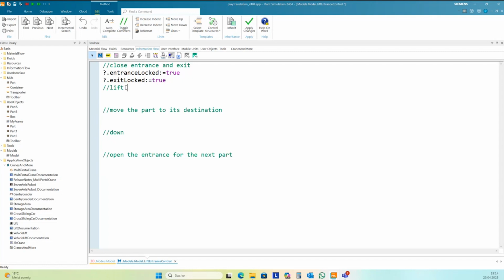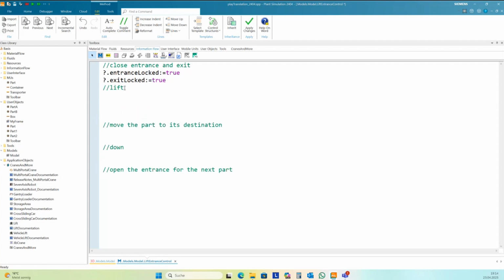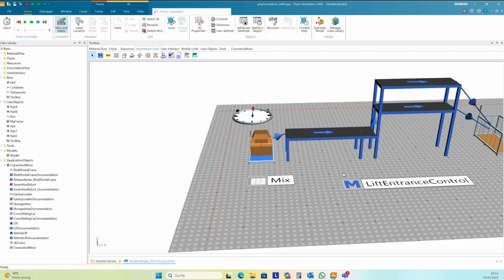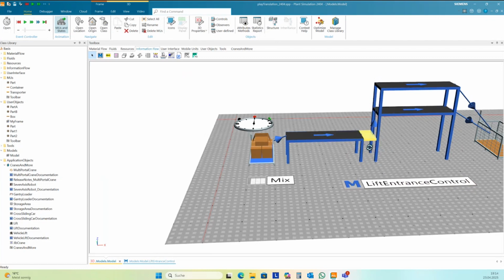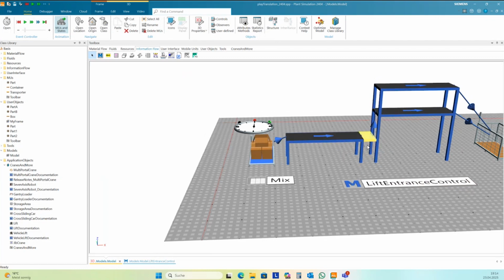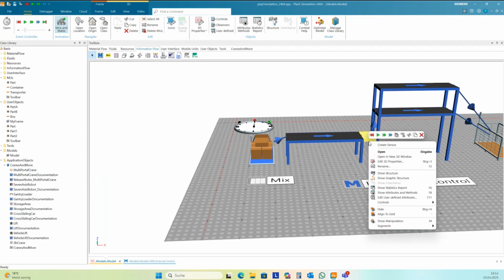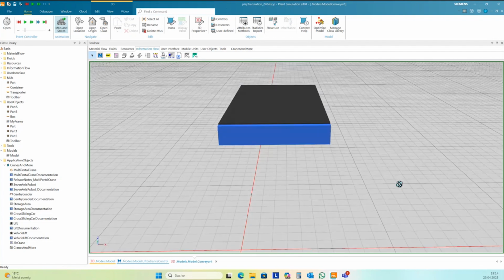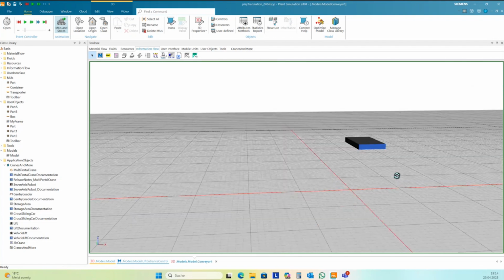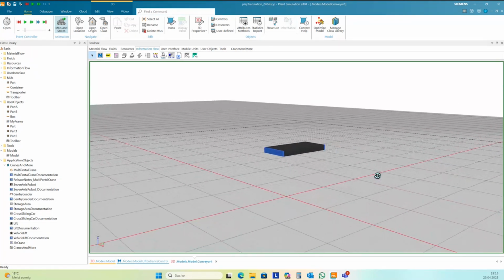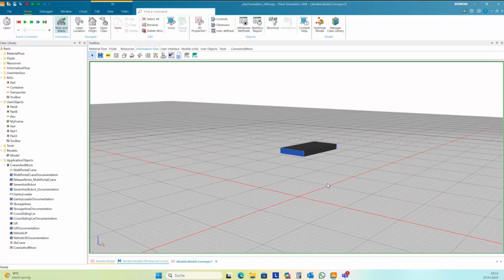To lift, I need the height I want to lift, and we cannot use here the position of this element here, because if I open this in 3D, then you can see it is not on the set 0 position.